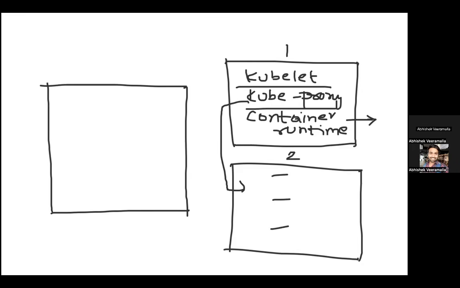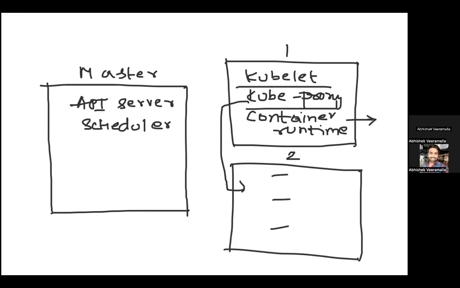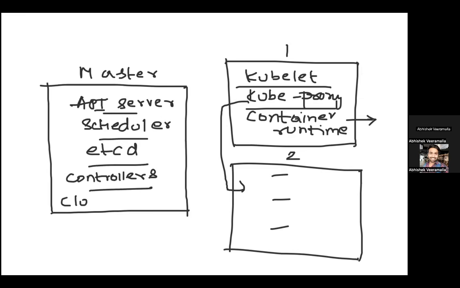And then you have something called the Kubernetes master, which has components like your API server, which is the heart of your Kubernetes. Every request is received by this API server. Then you have your scheduler, which schedules the resources, whether it has to go on worker node 1 or worker node 2. API server will take the decision and scheduler will schedule on that specific node. And then you have etcd, which is basically your data store, or a key value store, which stores all the information of your cluster. And then you have the controller manager, which is the manager for your Kubernetes inbuilt controllers. And finally, you have something called the cloud controller manager.